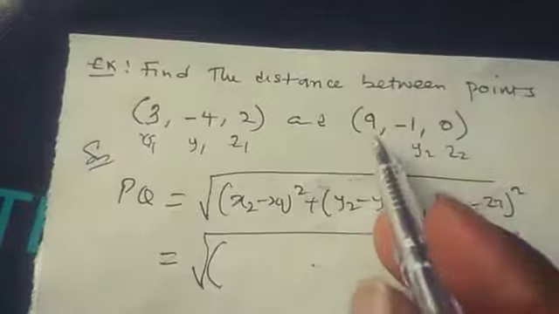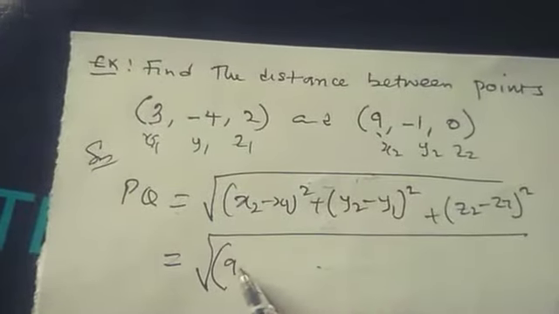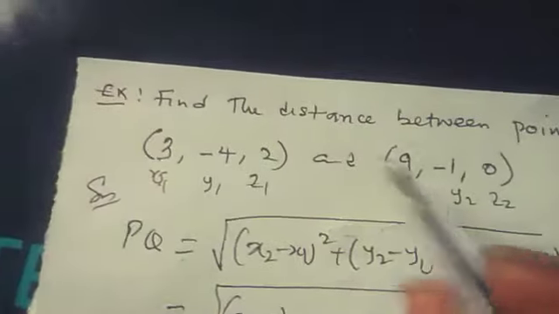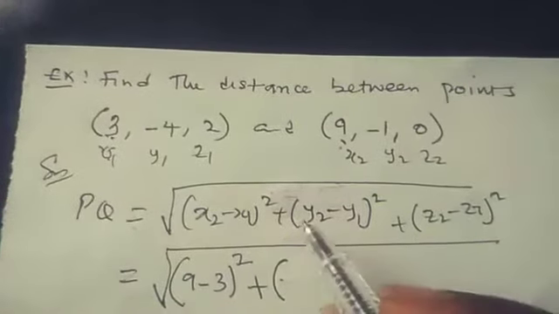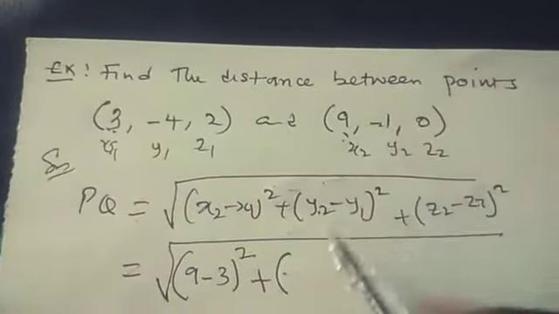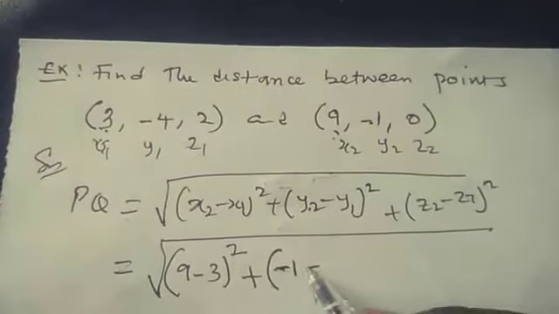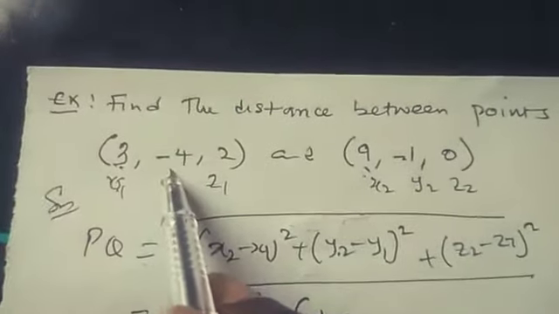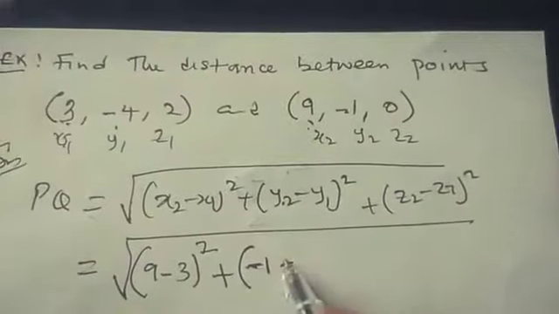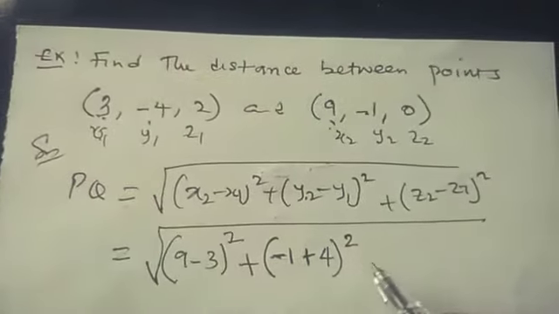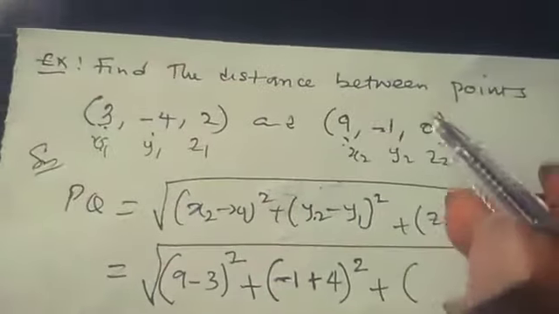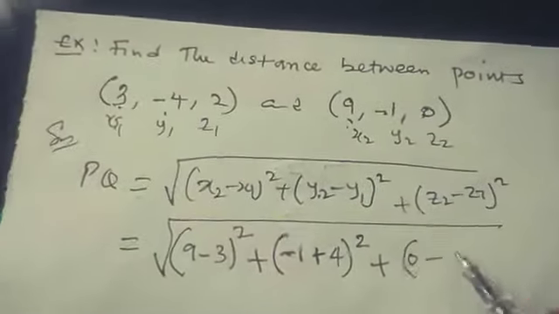This is this minus this, 9 minus 3. This is S2 minus S1 squared plus Y2 minus Y1. Our Y1 is minus, so to nullify this minus, it will make it to be plus. All squared plus Z2 minus